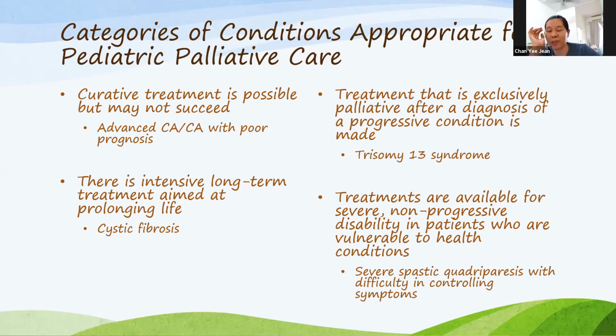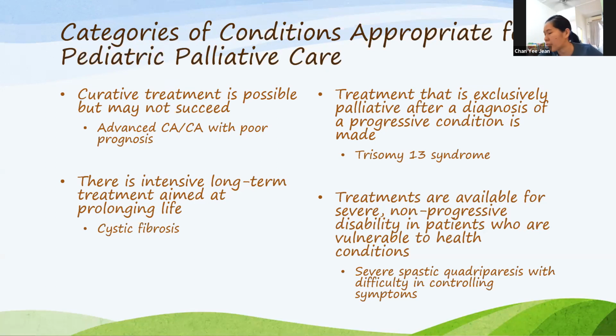Meaning you try to prevent bed sores. You said don't prevent bed sores. Obviously, you're going to prevent bed sores, right? If the child has spastic quadriplegia, gets bed sores, and the bed sores get infected, then they can get septicemia, true? You do positioning for them, isn't it? You do chest physio for them, to reduce the chances of them developing orthostatic pneumonia, because they can die from orthostatic pneumonia, but it's preventable with proper chest physio, with positioning of the patient, isn't it? Proper suctioning if it's the very severe type of CP, isn't it? So curative treatment is possible but may not succeed is number 1, true.